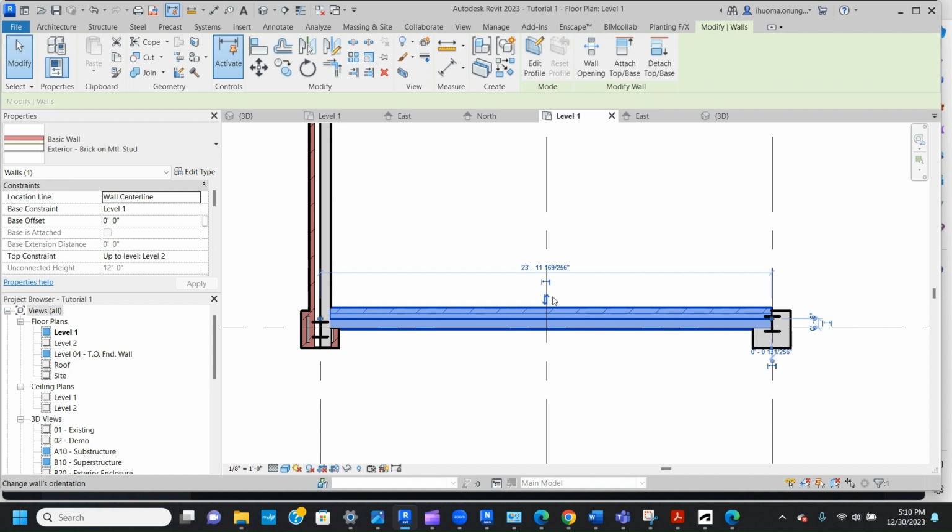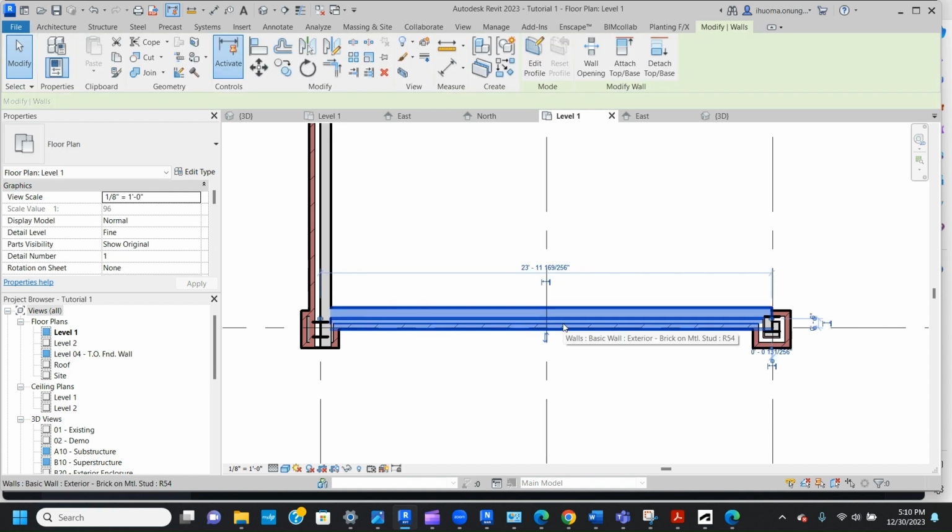And you have to make sure your grid wall is on the